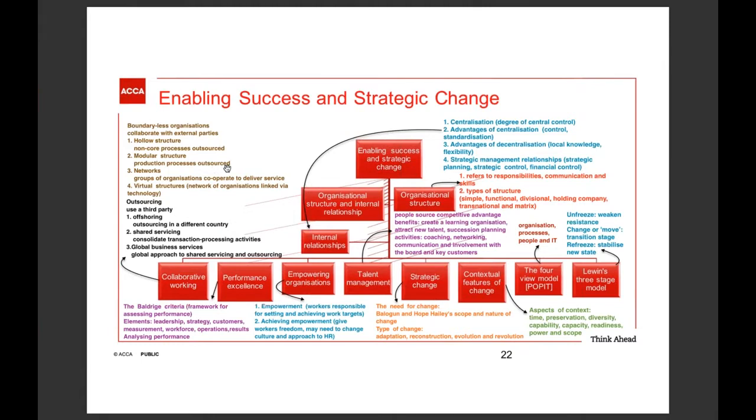I think quite a number of businesses nowadays are using hollow structure where they outsource the non-core processes, and some are also using the modular structure. For example,